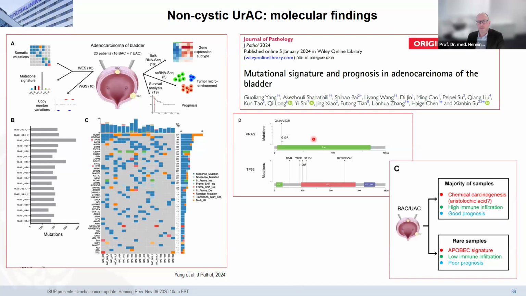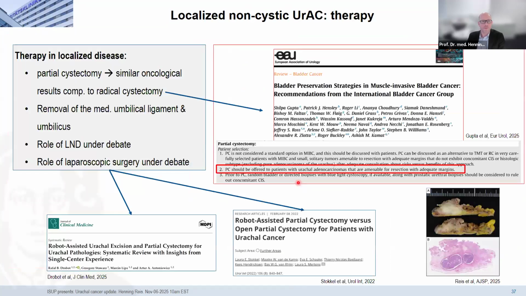So we will see in which direction this will develop, but this is the first paper that shows some signatures and might point to a carcinogenesis model which is modified by external carcinogens, because usually urachal remnants do not have any access to the bladder lumen, so they should not have the same carcinogens, because there is no local effect through the urine on the mucosa. So this is still an enigma, but this is the first data we have.